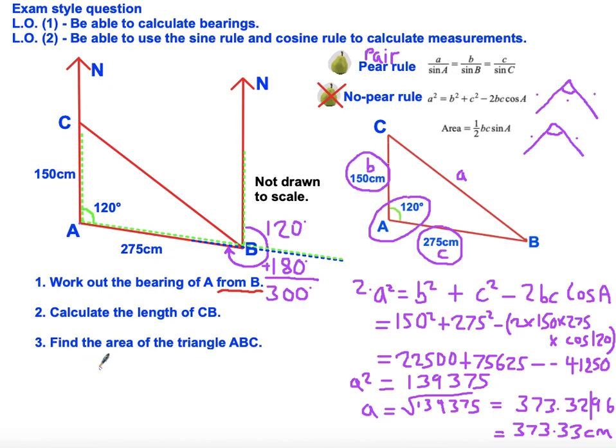All we're going to do is say, right, well, we've got the values B, C, and big A. So the area of the triangle is going to be half times 150 times 275 times sine 120. Put that into your calculator very carefully. Maybe do it a second time just to check your answer, and you should get